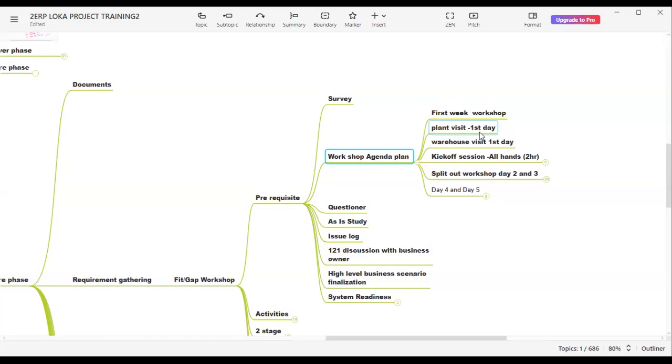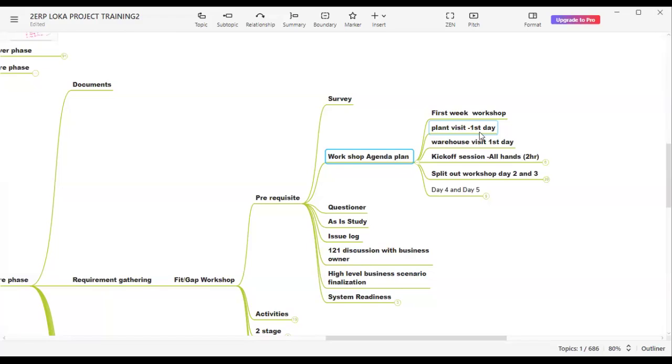For example, some of you who studied engineering, they take you to some factories as a workshop, to see how the work is happening there, how the planning is happening, how the manufacturing is happening. Why do they take you to the plants? To understand how the industry actually works, what activities happen in the industry. When you understand that, you will be capable of designing a solution for them accordingly.